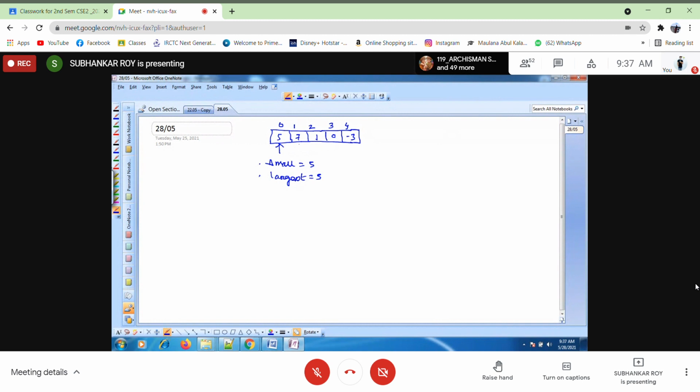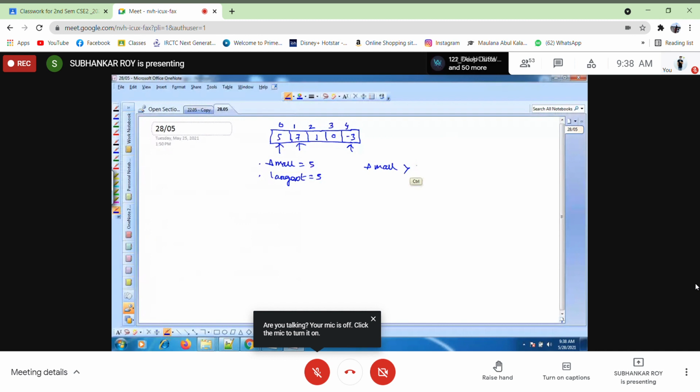Then from the next element, from this element onwards up to this, we are comparing this small with ARR, the next element.